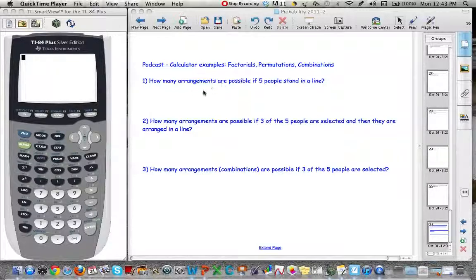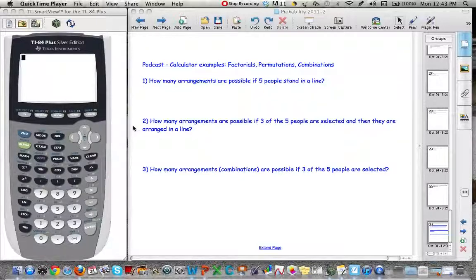The first one involves arrangements or permutations. The second one also involves permutations, where we select a certain number of people from the group and then arrange them in order. And the third example involves combinations, and the purpose will be to show you how to evaluate